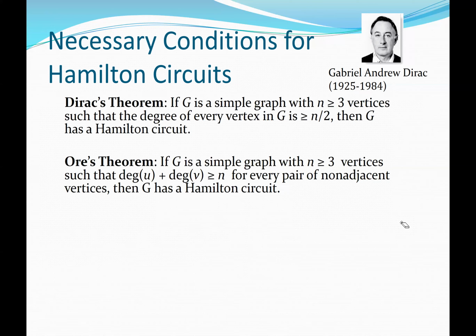And Ore's theorem said G is a simple graph with n bigger than 3 vertices, such that degree of u plus degree of v is bigger than or equal to n for every pair of non-adjacent vertices, then G has a Hamilton circuit,